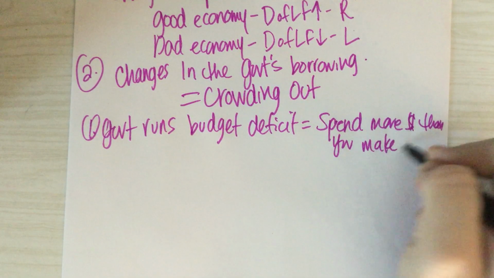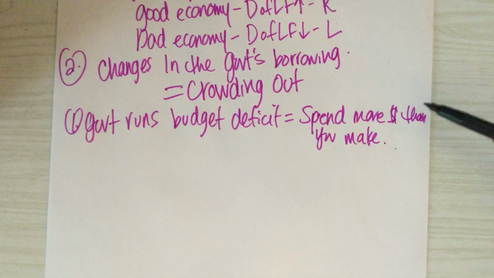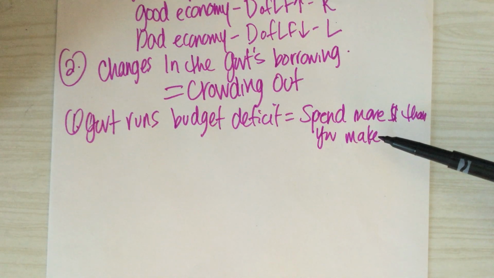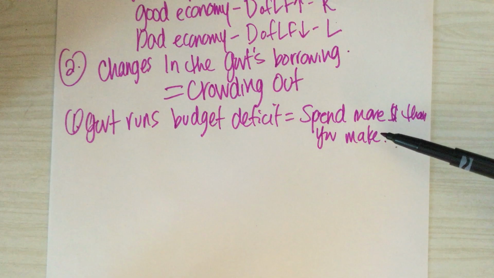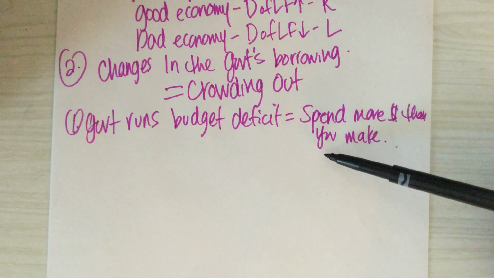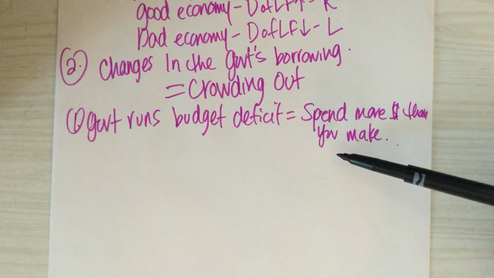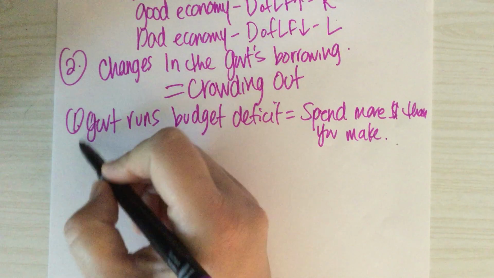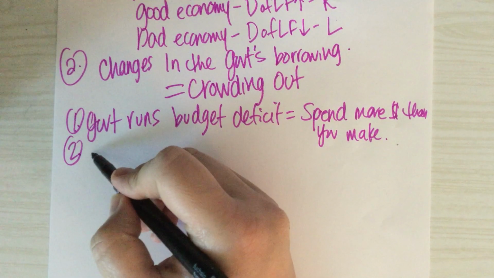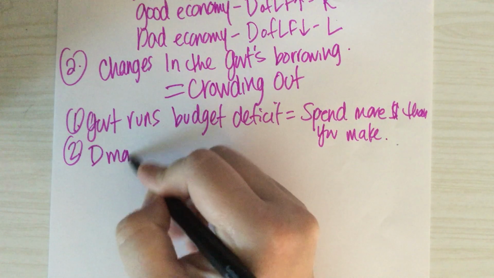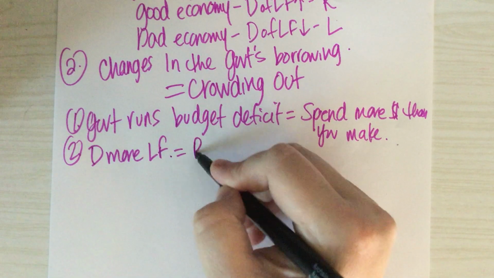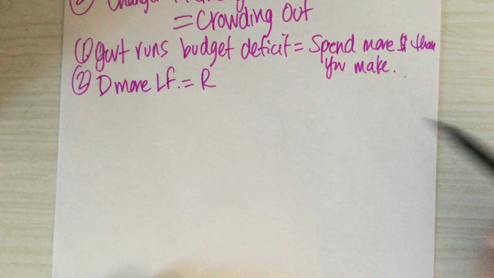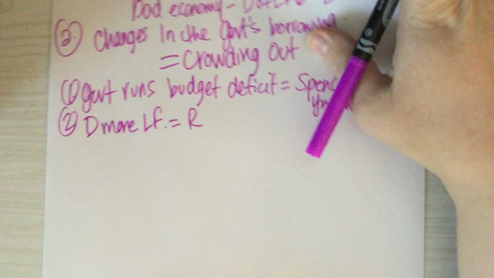Okay, so when it comes to the government, the money that we bring in as revenue, the money that we're making, is our tax revenue. It's the taxes that they collect on incomes of people, citizens of the United States, right? When they spend more money than we're bringing in revenue, this can cause a problem because now the government has to go to the loanable funds market. It causes them to demand more loanable funds, and it shifts to the right, and the result of that can be detrimental to our economy. So let me show you via the graph how this is going to look.